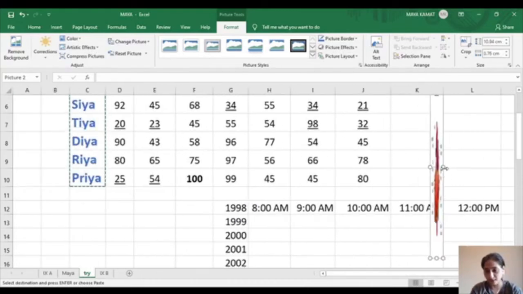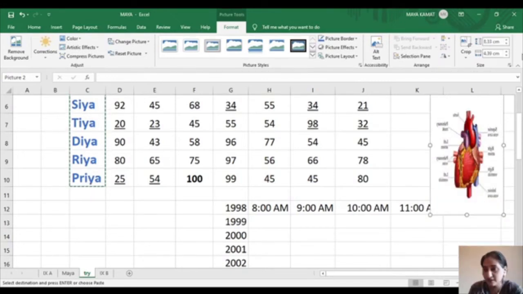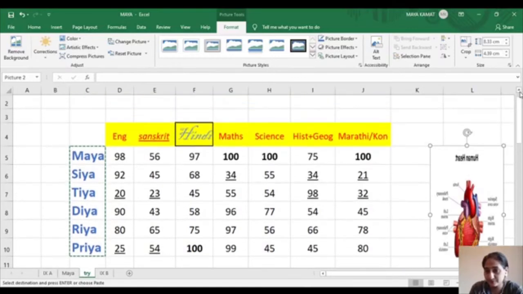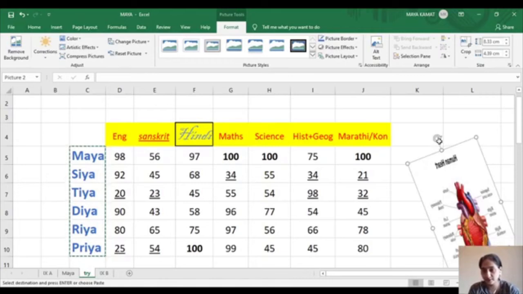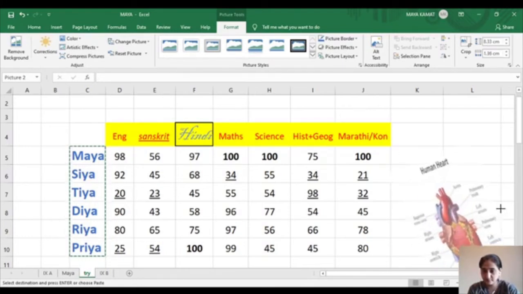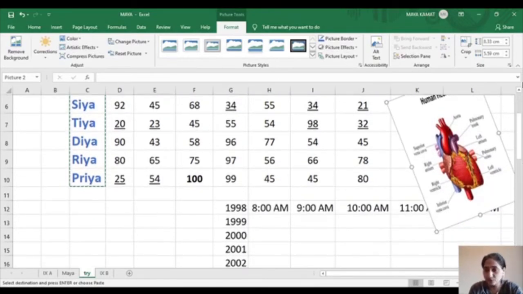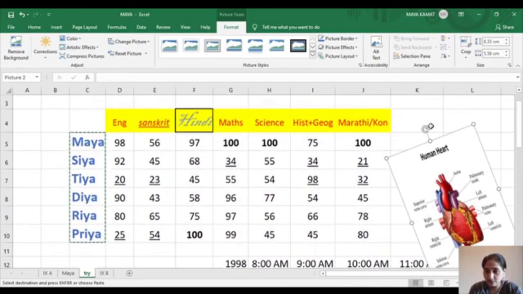It's become too small, or rather not seen at all. Okay, is this visible enough? Yes. You could also rotate it. It has flipped. Okay, so see, we have rotated it as well. Using this anchor on top, you could rotate the image.